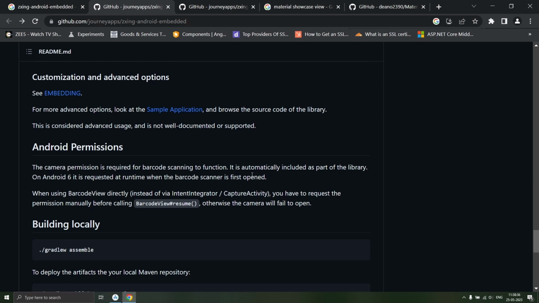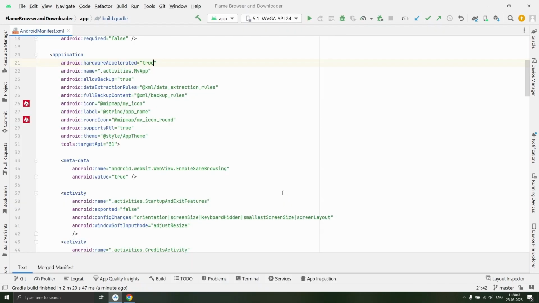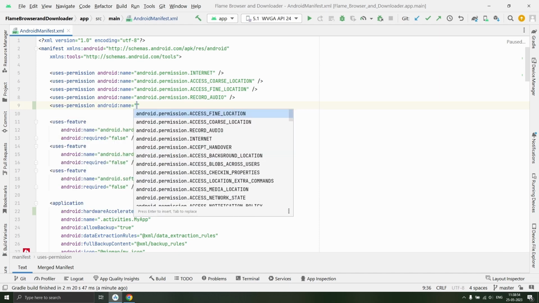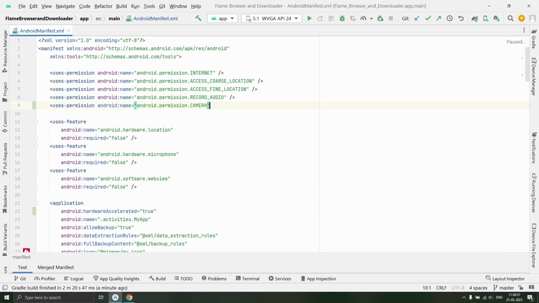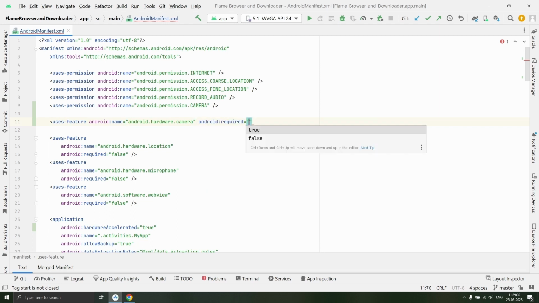Now that library automatically includes camera permission in our application manifest file as part of the library, but we will do one thing. Open Android manifest file, we'll just declare it already, and that library will handle other part of this runtime permission for us when we use that library in our application. And after declaring it, we will declare uses feature android.hardware.camera, and we will set required to false,